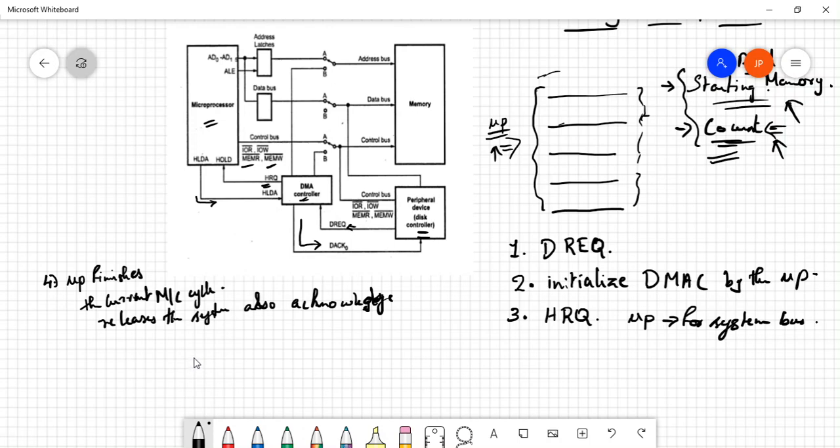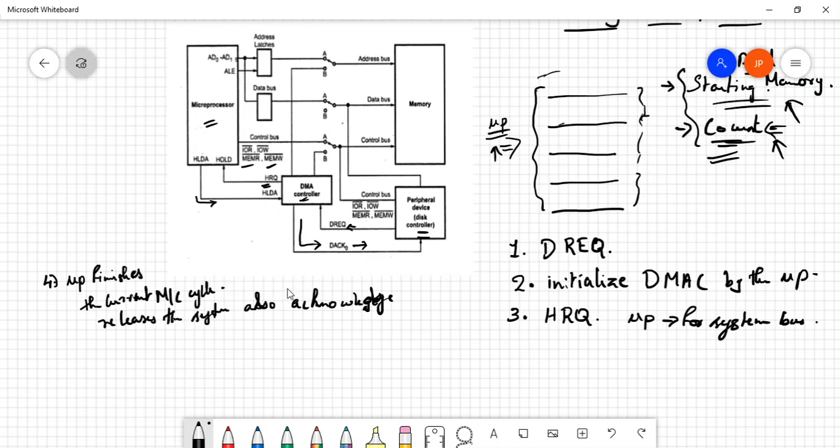Obviously the device will not always be anticipating data, it will go into idle mode after a few minutes of no operations. So to wake the peripheral device back into active mode, it gives this acknowledgement signal, giving the information that we have to start the data transfer.